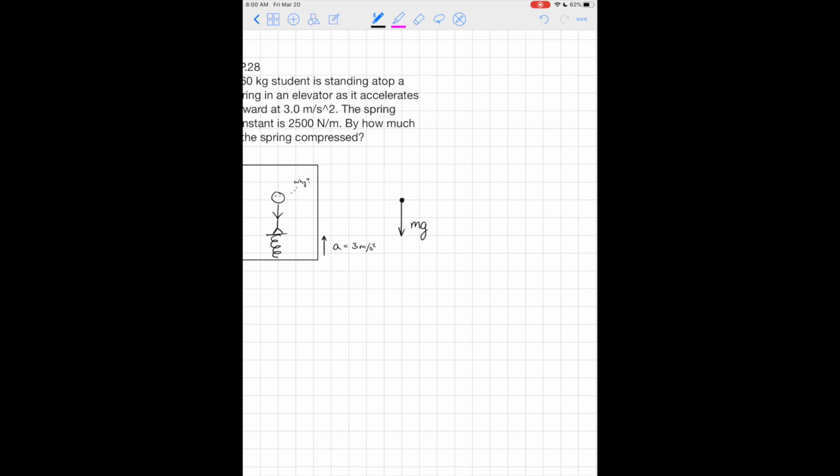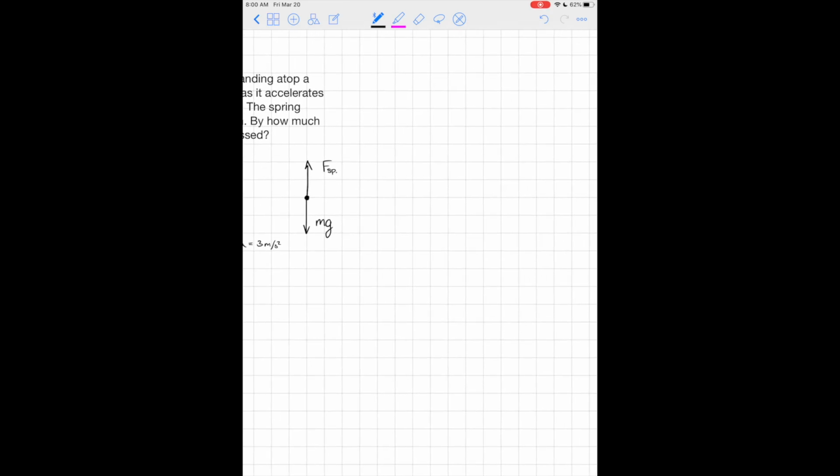And normally we would write a normal force up, but what I think is more descriptive here is that our normal force, our reactionary force to our weight, is actually going to be a spring force. Our spring force, we said, is described by Hooke's law. So if we sum up our forces in the y direction,